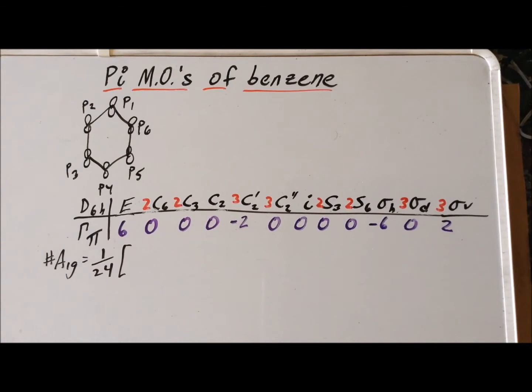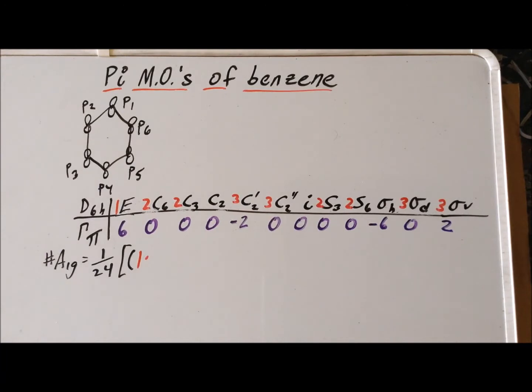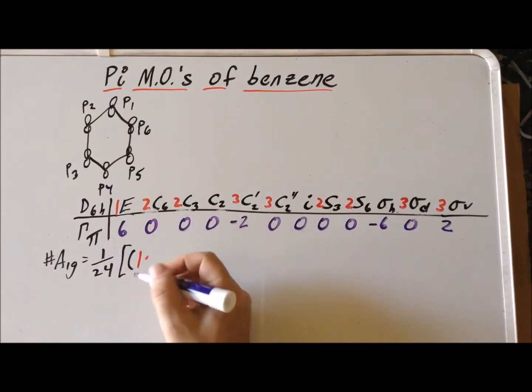Now we go through and we multiply 3 numbers for each of the classes, one by one, in the point group. Now, since most of these characters end up being 0, we can omit all of these. So we only need to concern ourselves with the classes in the point group where the character of the reducible representation is not equal to 0. So the first such case is for E. So our first number in our reduction formula is the number of operations in the class, and we can imagine that there is a 1 there, even though it's not written, so we have our 1. And then we multiply it by the character in the reducible representation, which is our 6 here,